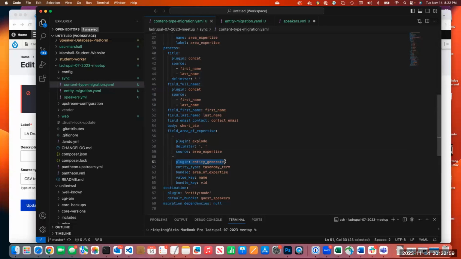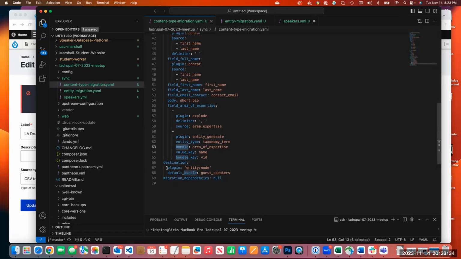Entity generate is the plugin that generates anything, whether it be taxonomy or otherwise, but in this case, it's taxonomy. The entity type in this case is a taxonomy term. The bundle is area of expertise, and the value key is the name. And the VID, which is the vocabulary ID, I think, though VID is used for many things, but anyway, not super important. It works. The destination is